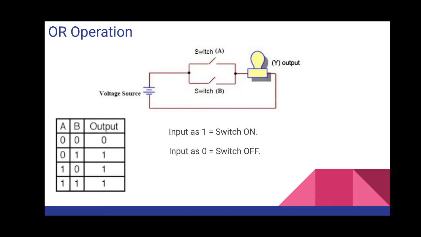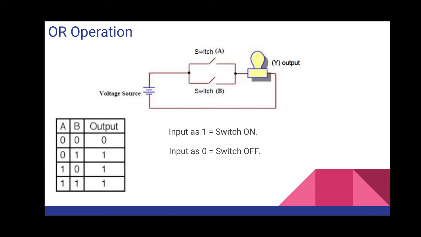So in the second case we got the output as 1. Agree? Third condition, when now A is 1, that is A condition is true and B is false, then also output will be true. Why? Because again it is satisfying that any single condition or any single input, if it is true or that 1, you will get output as 1, that is true. Right? Now till the three conditions, I think it will be easy.